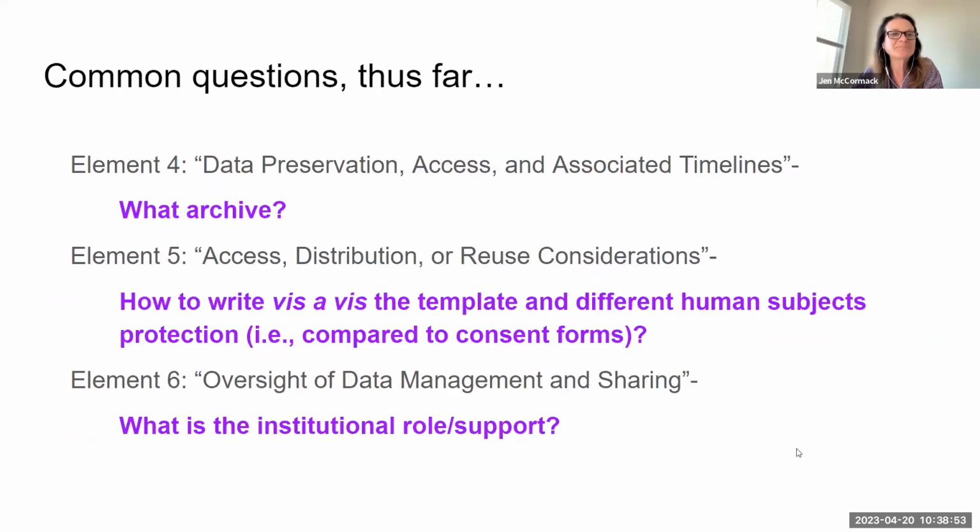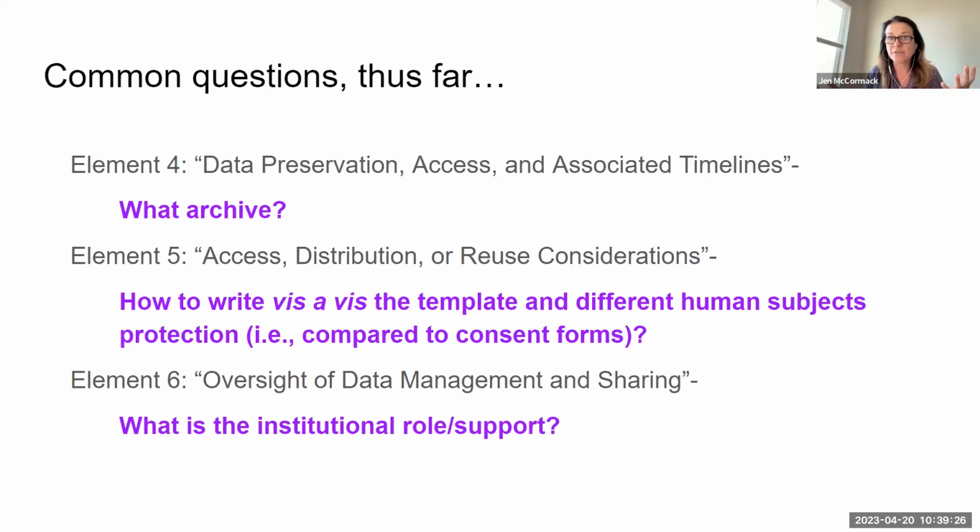Next slide. So I also thought for those of you who work on the ground with PIs, it might be great to know what are the most common questions that we've received over in our pre-award office. And one of those that I don't have down is budgeting, which Fernando covered beautifully. And then over at our data cooperative, we have a great module by Lori Schultz. This is a big one we're getting in terms of how do I work out the budgets? In addition to those, element 4, 5, and 6 have been our top questions from principal investigators.